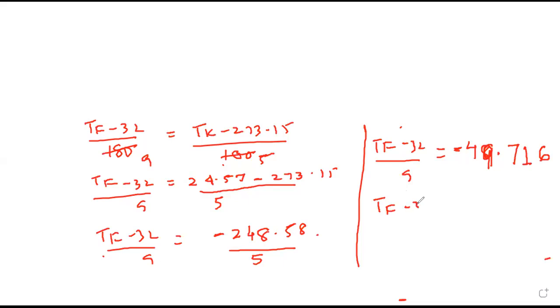So TF minus 32 is minus of 9 into 49.76. So T Fahrenheit minus 32. 9 into 6, 54, carry 5. 9 and 5, 14, carry 1. 63 and 1, 64, carry 6. 81 and 6 is 87. 9 4s are 36 and 7. 36 and 7, 40.